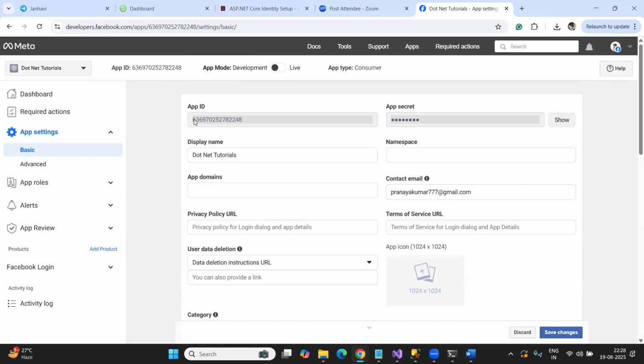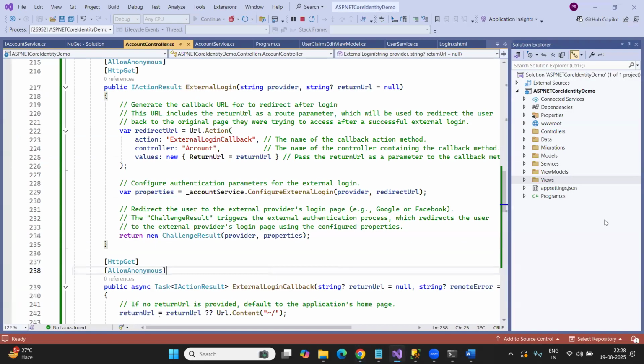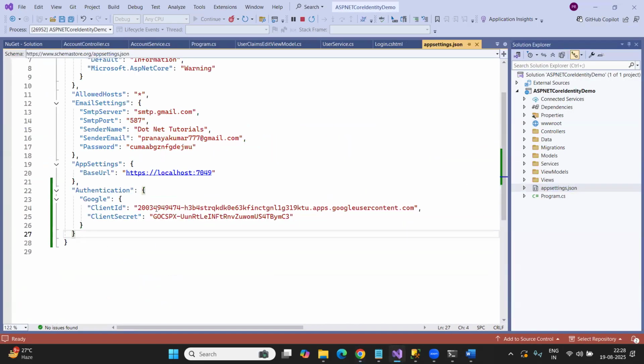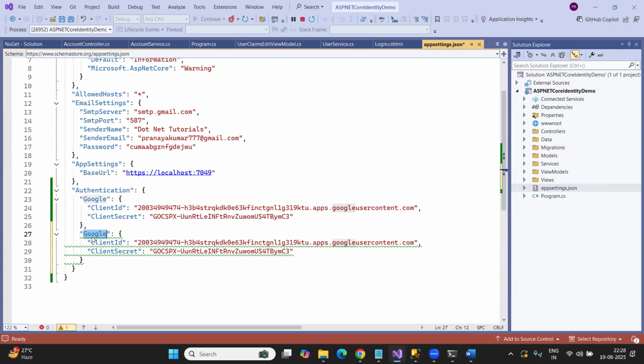So now you can see this is going to be your app ID and this is going to be your app secret. So this app ID and app secret, what I need to do? I need to store inside my this page. So what I'm going to do? I'm going to create here one